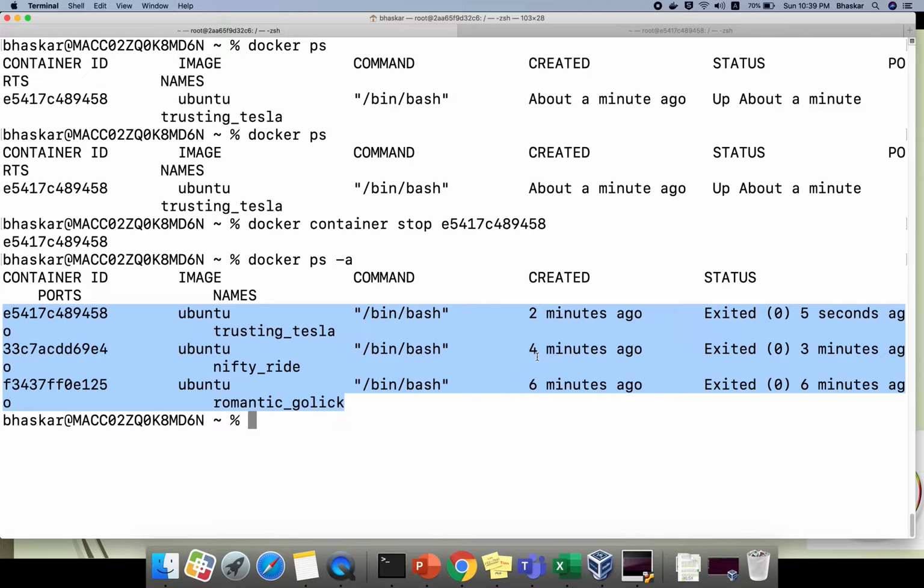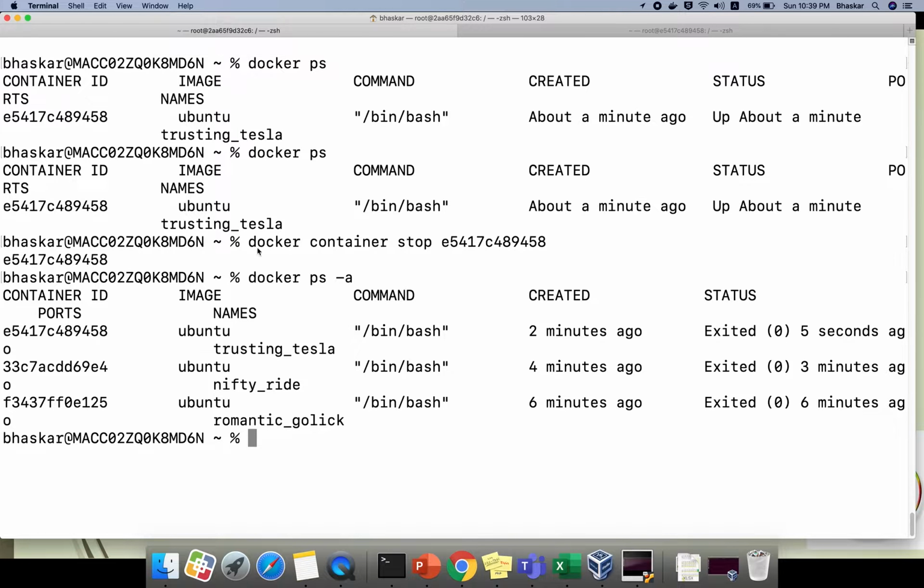If you do docker ps -a, still trusting_tesla is there. Now my requirement is, whenever your work is done and you exit, it should delete on the fly. That means automatically it should delete. It should not be there inside docker ps -a also.